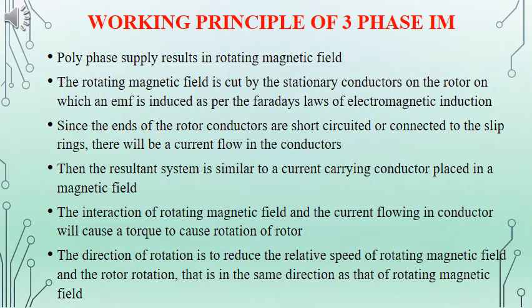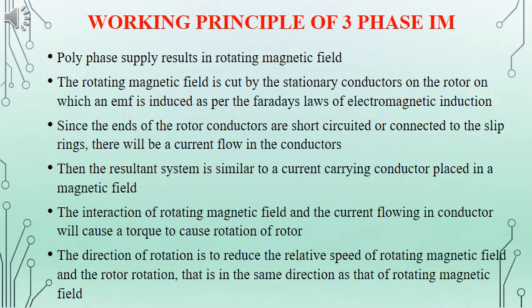Whenever a three-phase supply is provided to the stator winding, there will be a current flowing through, and corresponding to that there will be a magnetic field produced, and the nature of the magnetic field produced will be a rotating type, and it will be rotating at a particular speed which is called the synchronous speed. The speed of rotation of the magnetic field will be Ns is equal to 120 f by P. The rotor is at standstill condition,